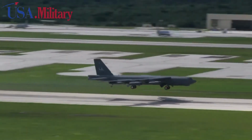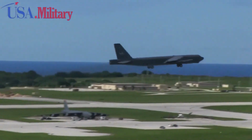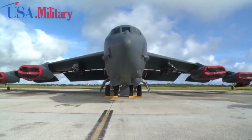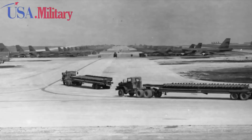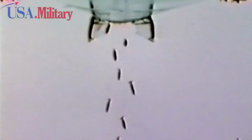In my world, we would like to prevent the failure from interrupting scheduled training or a mission. I would like to know if I need to take that aircraft down out of the schedule and give it a new engine ahead of time, she added. We could prioritize, we could understand the patterns of the engines in a way that we could maintain them better. And hopefully the new motor, whoever designs it, will have a